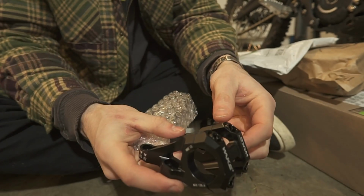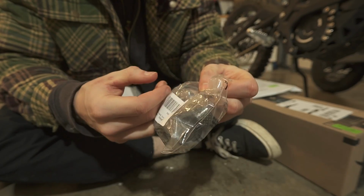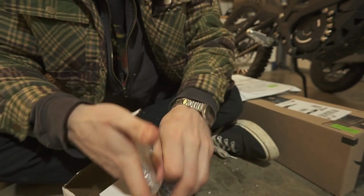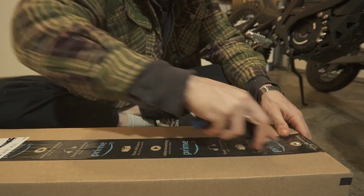Direct mount stem, non-O-ring chain, carbon fiber headset spacers, brand new headlight. What is this? Oh, that's the mounting stuff. Okay, got it. 54 tooth Warp 9 sprocket. I'm so excited about this one. And last but not least,